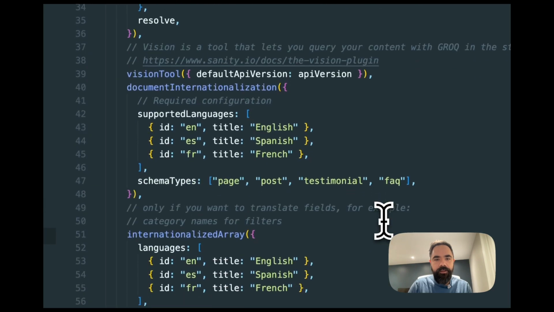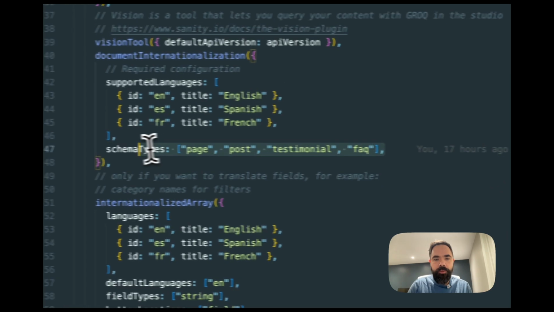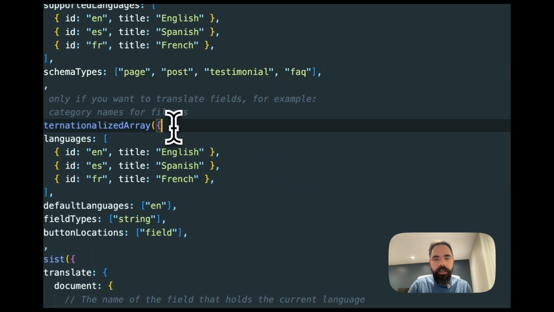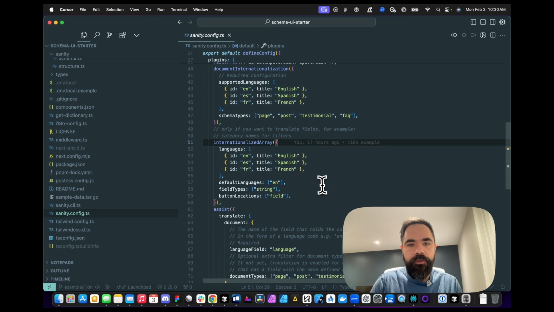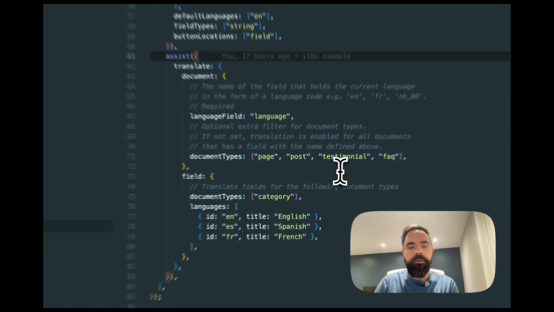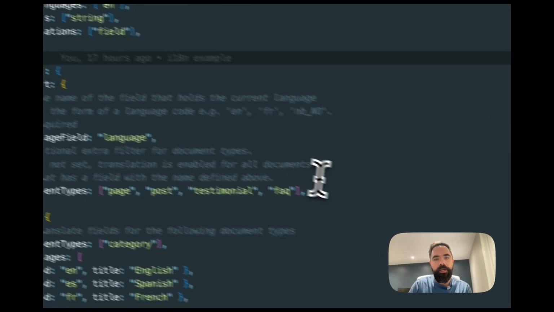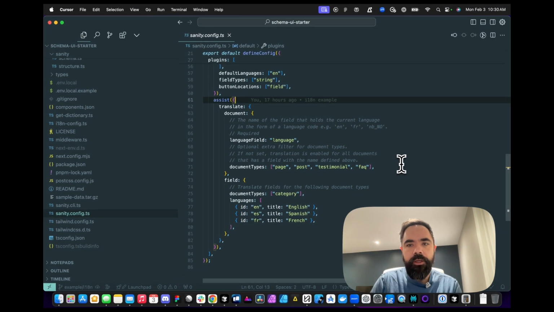And here it is. For document internationalization, we have to set the supported languages and what schema types we want to translate. Internationalized array, as I showed you before, I'm using it for categories. Then we have this Assist setup, and if you're using a free version, it's not going to work. For the purpose of the demo, I just wanted to highlight how quick it is